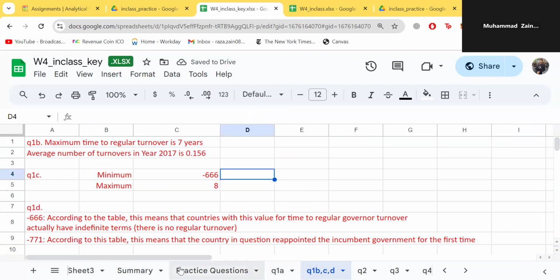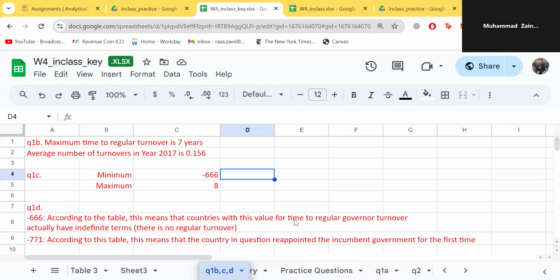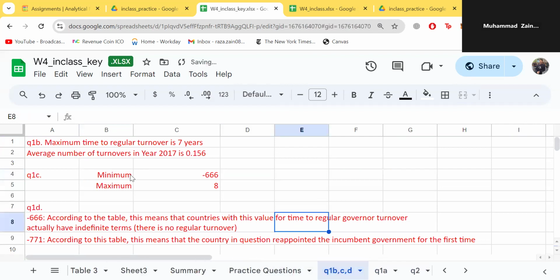So that is your average. Now, find the minimum and maximum values of the legal tenure limit. Again, you can go to the pivot table, or you don't even need to go to the pivot table here. You can use the minimum and maximum formula from your original data set. So if you go here, what you need to do is put the formula